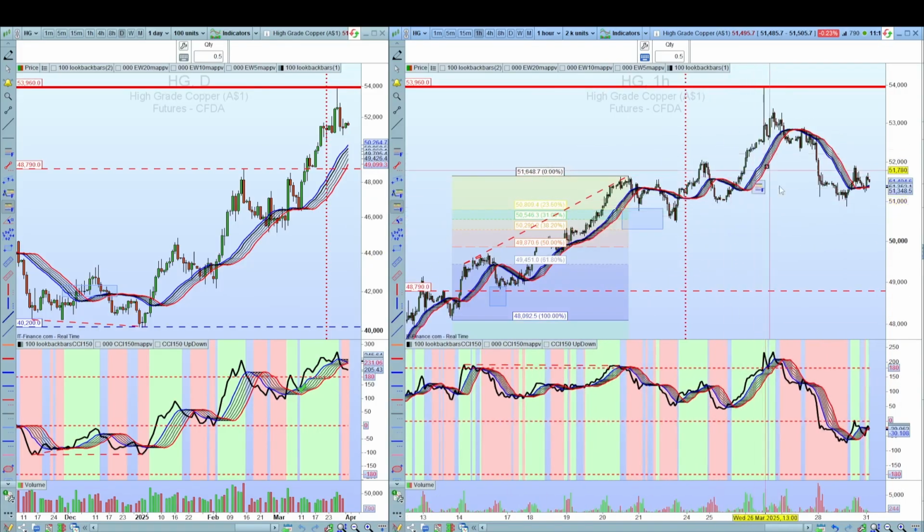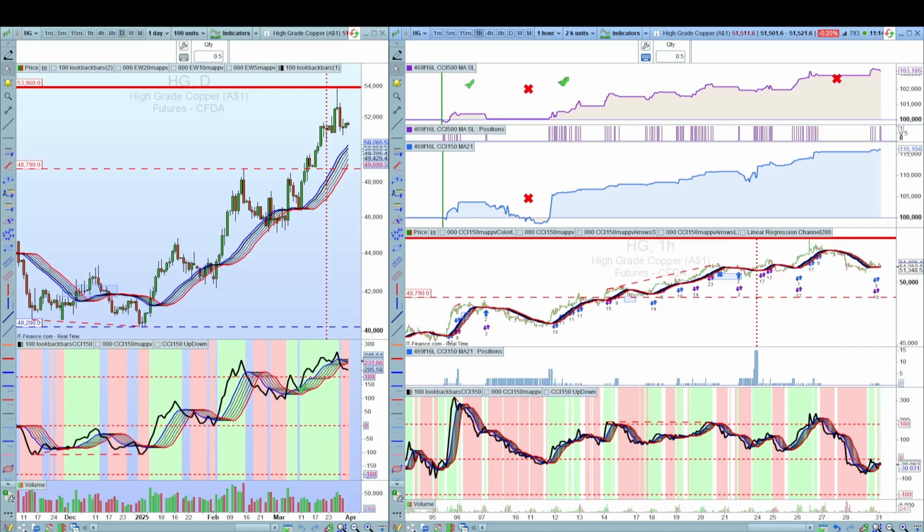Now since then we've got no other divergence. That's moving in line with the price, so that's cool. We'll let it go. So again, don't go long or short until we see either the price break below the moving averages, or we see the CCI break above those moving averages and the price then also break through this resistance. In terms of the back testing, we've got here the stop loss approach and the average down